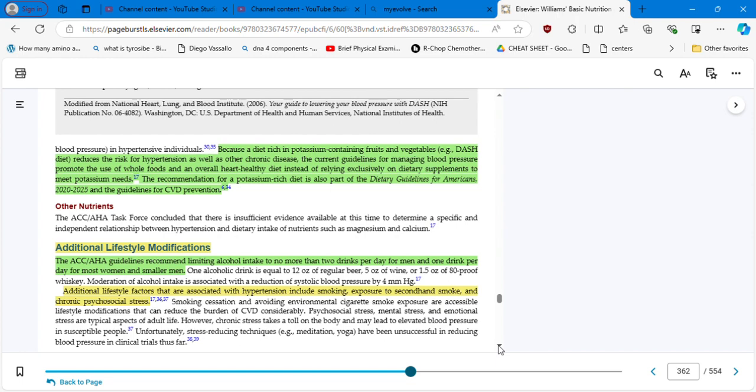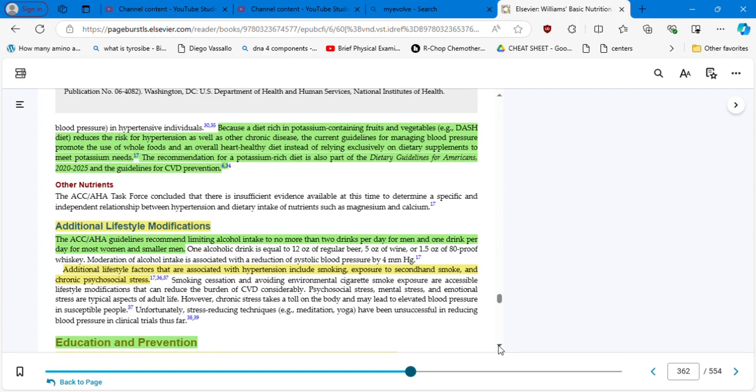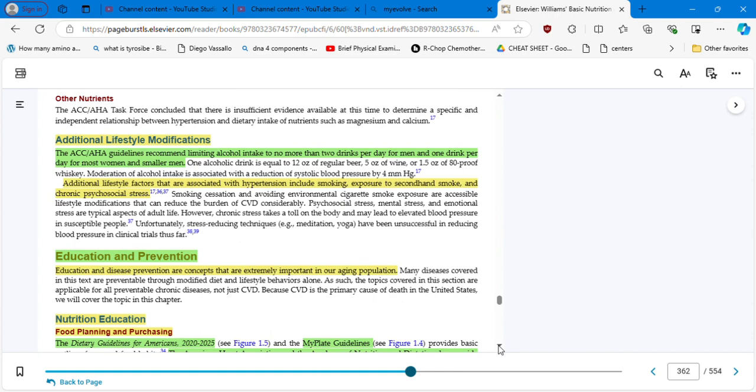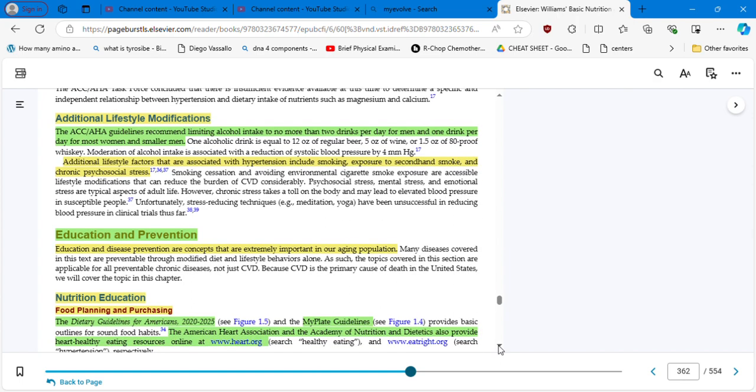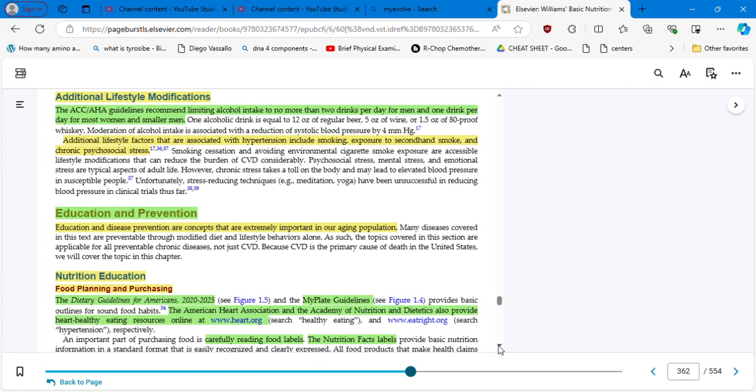Okay, so the recommendation for a potassium rich diet is also part of the Dietary Guidelines for Americans 2025 and the guidelines for CVD prevention. Additional lifestyle modifications, they are talking about limiting alcohol intake to no more than 2 drinks per day for men. Okay. Additional lifestyle factors that are associated with hypertension include smoking, we know that, secondhand smoking, and chronic psychosocial